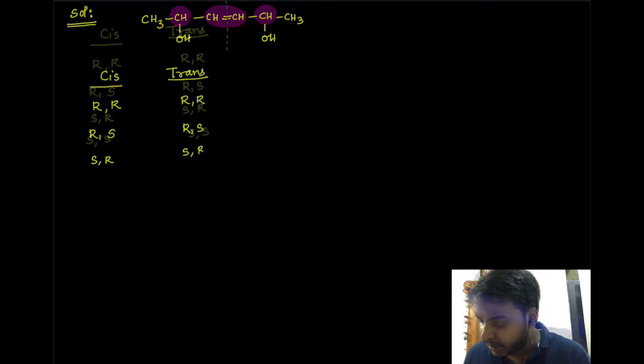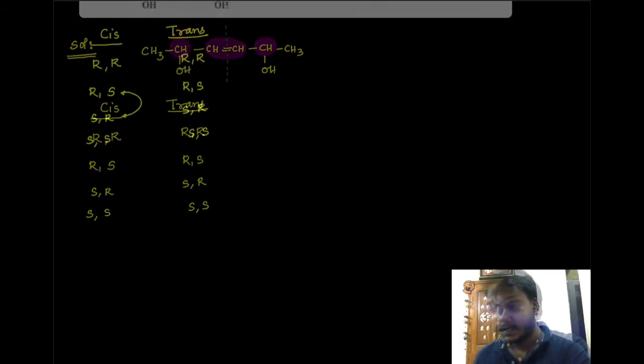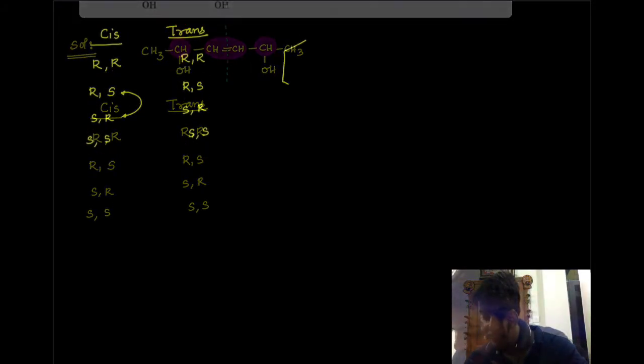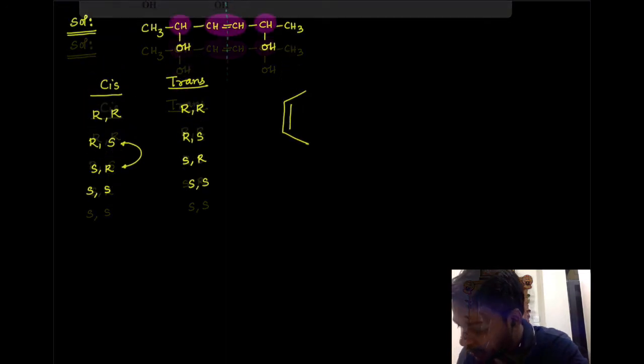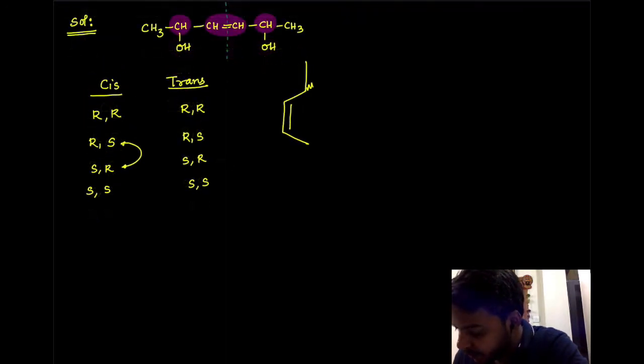We have R and S here, so we should have 8 combinations. Let us first think about S and S, R and R, and then RS and SR. Out of these possible combinations, we would check if some of them turn out to be similar. In fact, RS and SR, imagine this. This is how it is being present here.